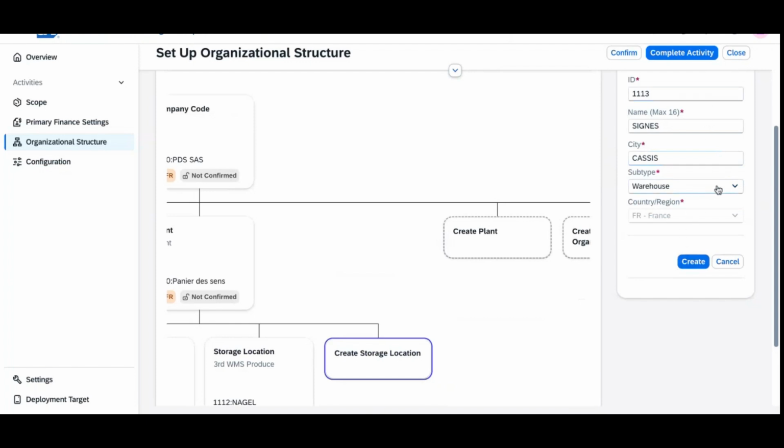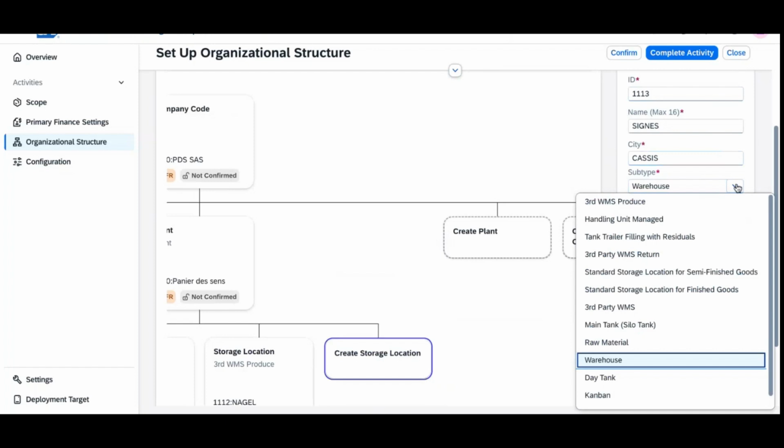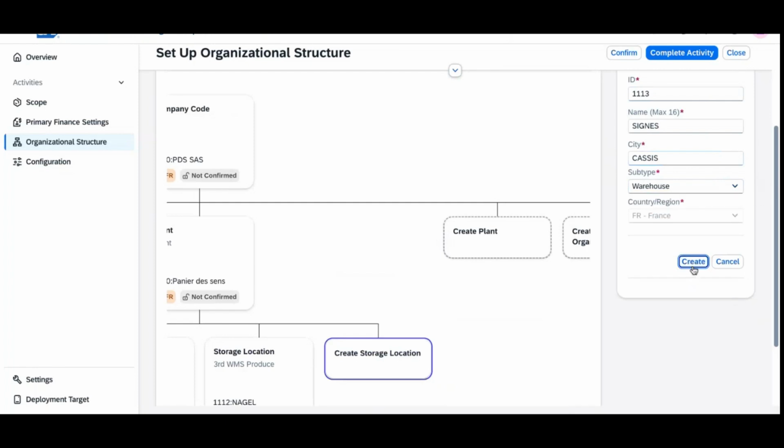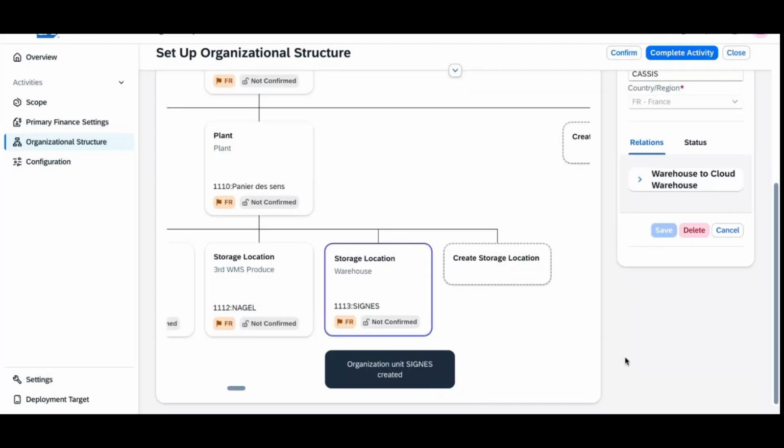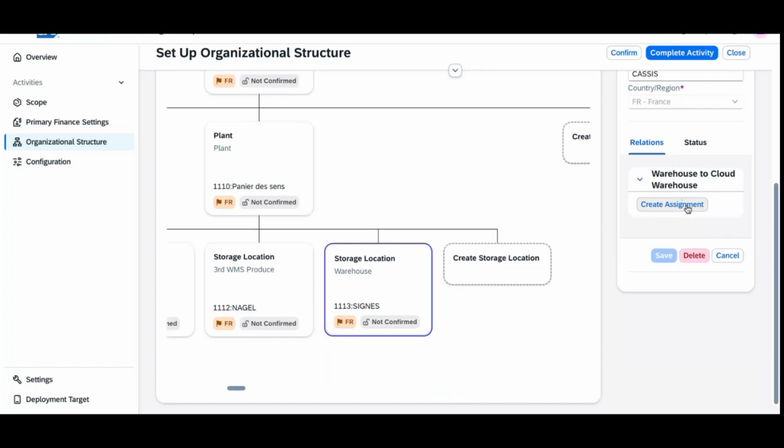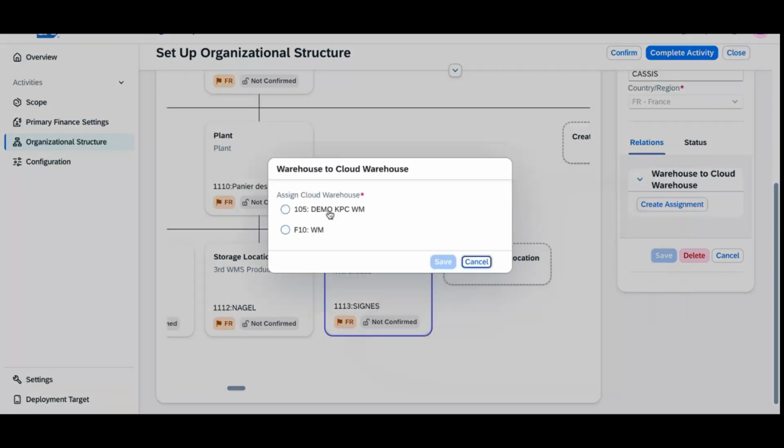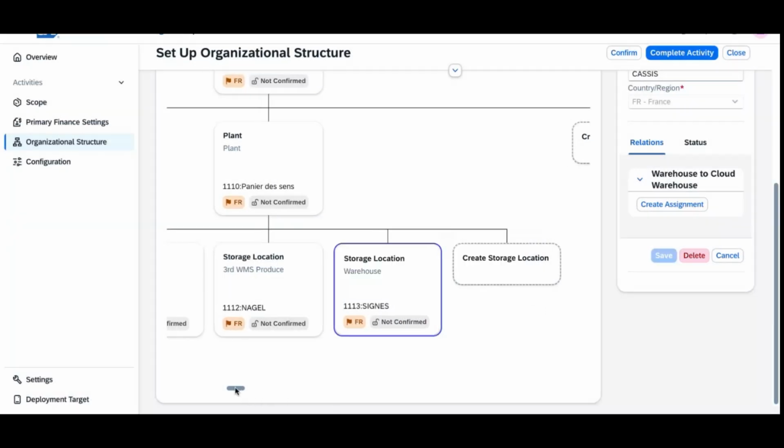Then I will activate that it will be, for example, managed with WM, third party WS, third demand produce. Okay, so I click on create. So I defined, and then you can see I manage a WM warehouse to cloud warehouse. And I will create a WM warehouse that I will create later. So